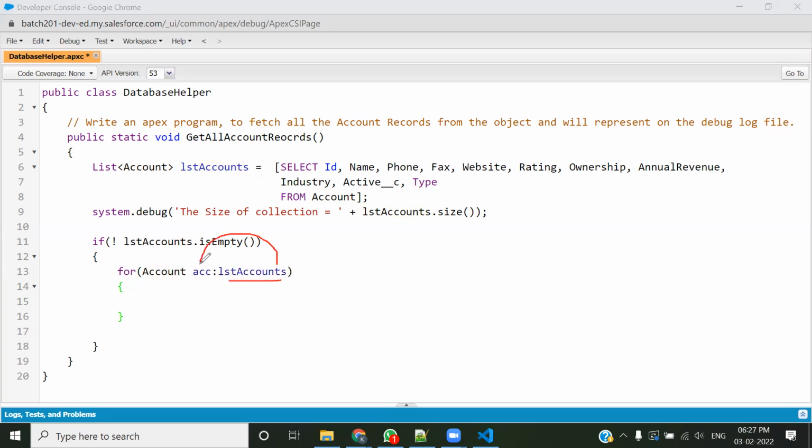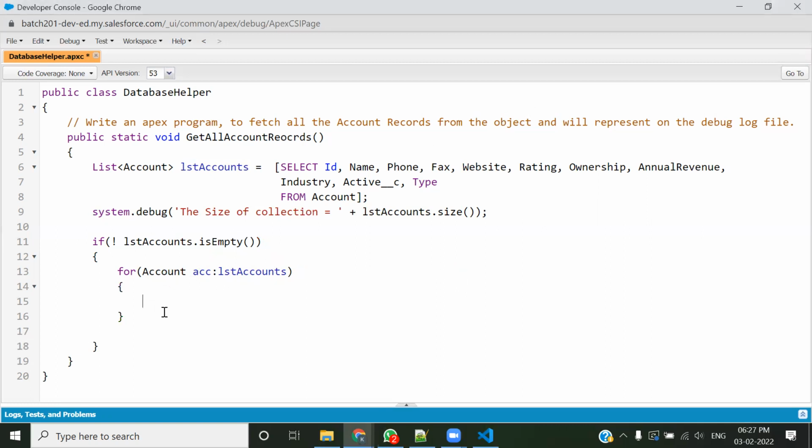उसमें से पहला रिकॉर्ड निकलेगा और कहाँ स्टोर होगा, एसीसी में, ठीक है। पहला रिकॉर्ड आएगा एसीसी में, फिर हम उसको यहाँ पर प्रिंट करेंगे, पहला, फिर दूसरा, फिर तीसरा, एंड दिस गोज ऑन। ये लूप इसके पहले रिकॉर्ड से लेकर लास्ट रिकॉर्ड तक, जो भी इसका काउंट होगा, वहां तक चलेगा। तो ये होता है एनहांस फॉर लूप का एक बेनिफिट, ठीक है।